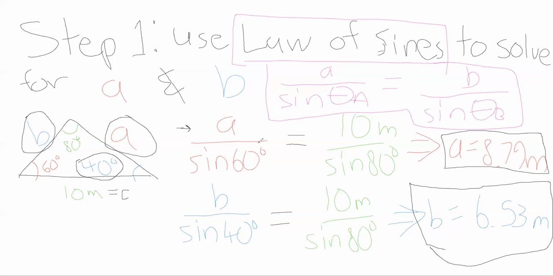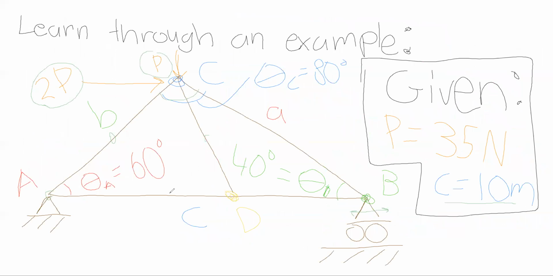The next step, going back to our original problem statement, in order to find these internal forces, again, that was our original goal, to find the internal forces in all these beams, we need to find the reaction forces at A and B, right? Because if we have these external forces being applied, we're going to have a reaction force at A here because of the pin support, and a reaction force B here because of the roller support. Since A is a pin support, we're going to have a force in the X and Y